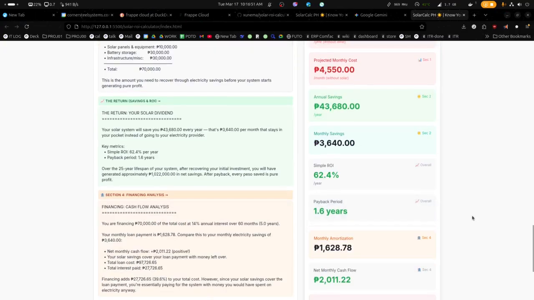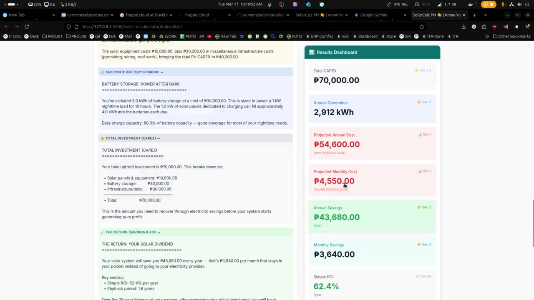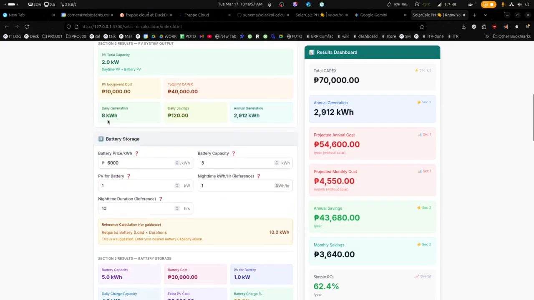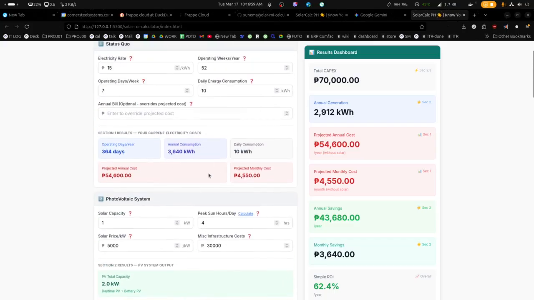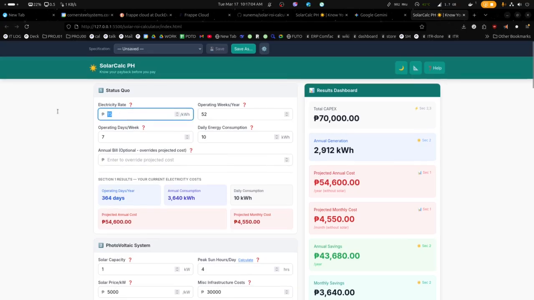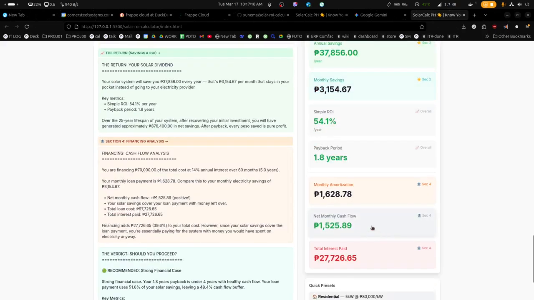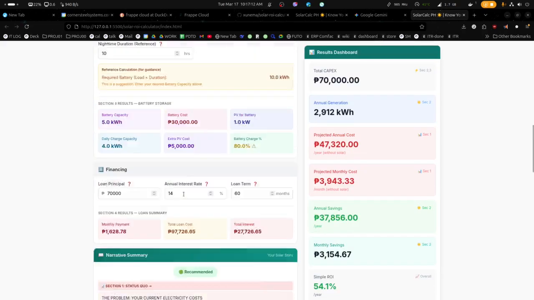My amortization is, yeah, you have more than enough. So if you can get these rates, it's already pretty good. And let's say what if you're actually paying 13? It's still a positive cash flow net. So yeah,